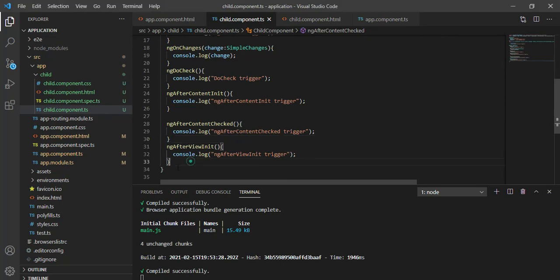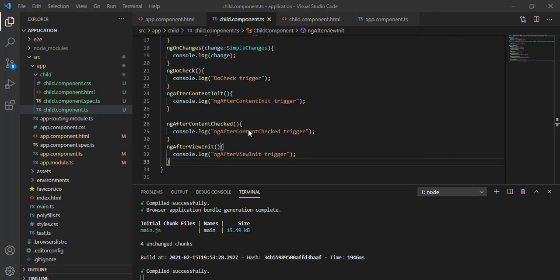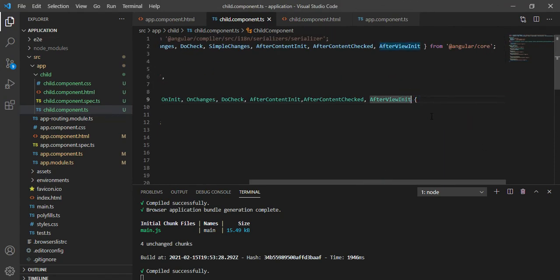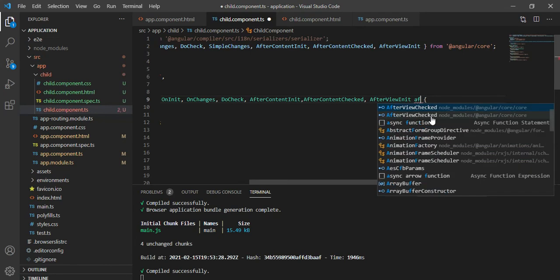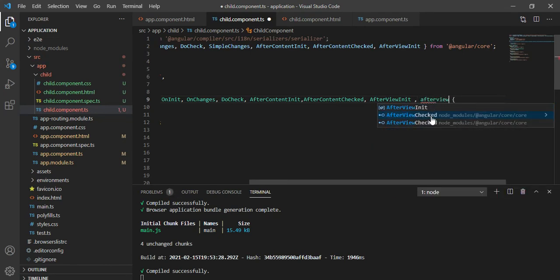Now there is the second last, after view checked, ng after view checked. Now we need to implement it.